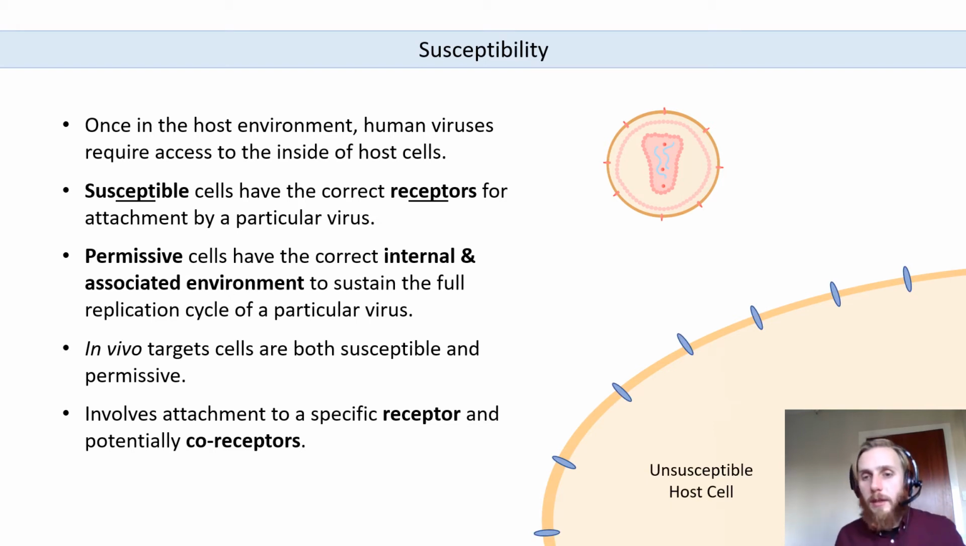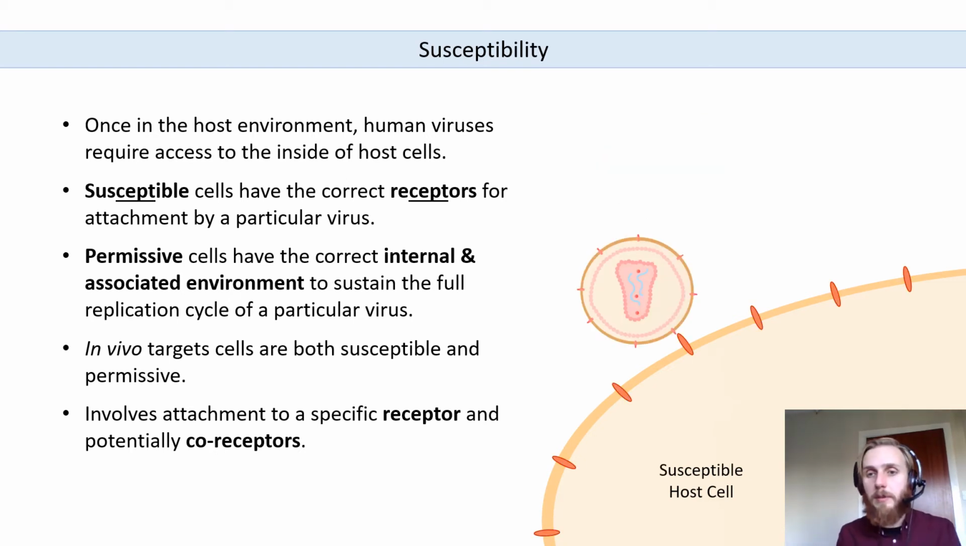So if we have an unsusceptible cell, a cell type that doesn't have the correct receptors, then the virus can't attach. If we have a susceptible cell type, then the virus can attach. And again, this is the first stage of the infectious cycle. So it opens up the potential that the rest of replication can occur, the potential that the virus can complete the rest of its replication cycle